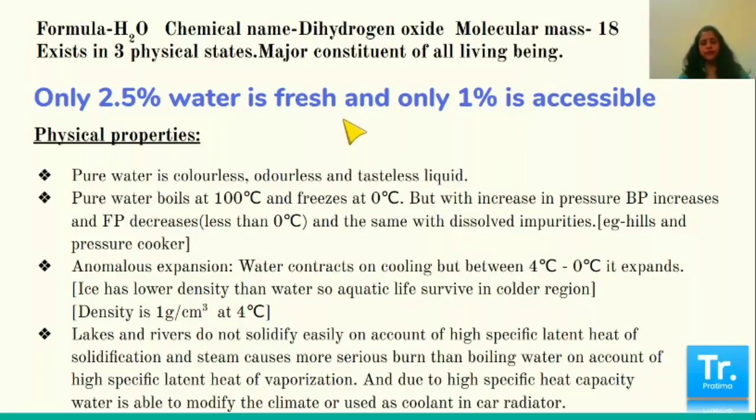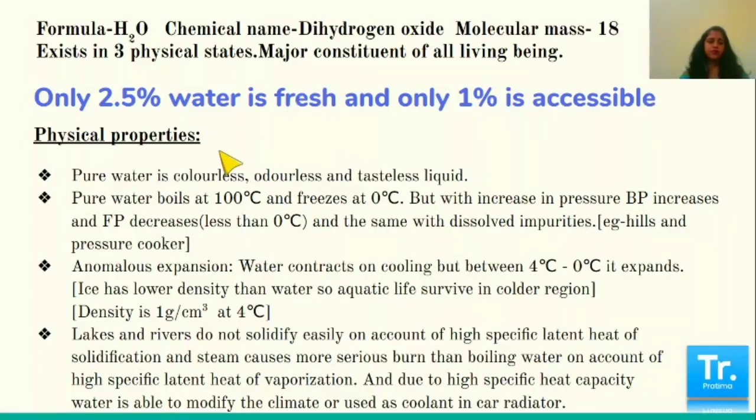And the scientists had a major role, giving us what is water and how it is prepared. The famous scientist Henry Cavendish synthesized water from its elements. That is, he ignited 2 volumes of hydrogen and 1 volume of oxygen. And further, Lavoisier confirmed that water is a compound. Earlier, water was not taken as a compound many years ago. Anyway, these are all the general points about water which you all know, and just to revise it.